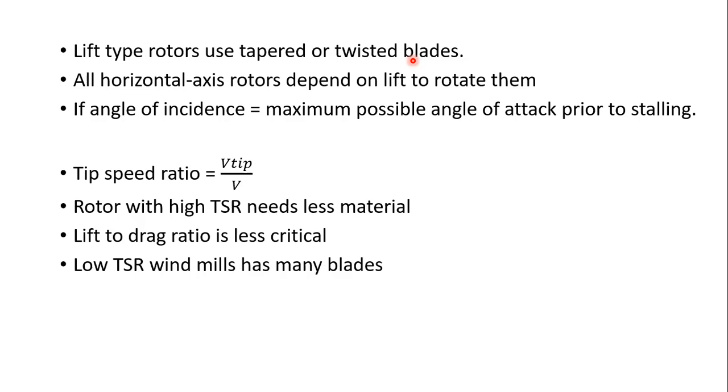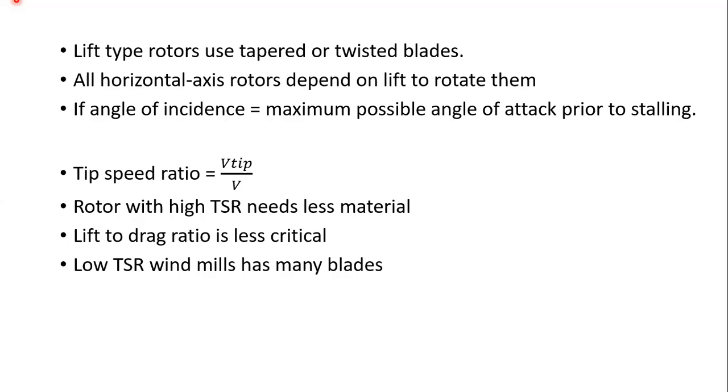Moreover, these blades need a coarser pitch setting, because with this, lift is stronger in the plane of rotation and drag is weakened. So the lift drag ratio will be less critical. For this reason, windmills with low TSR have to opt for many blades, and the lifting surfaces can be much cruder without causing any serious loss of efficiency.